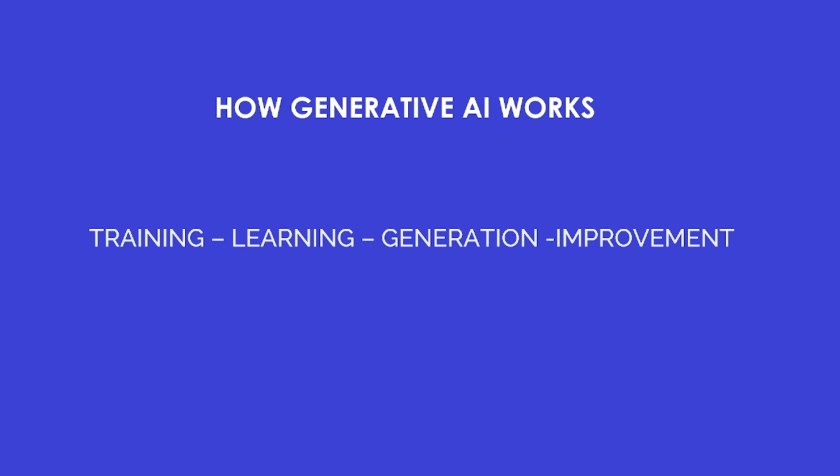Now, the third phase is the generation. After learning, the AI can create something new from scratch. Just from the data it has gotten, it recreates it. And the good thing about it is that these tools improve over time, because as it keeps learning, it improves, it improves, it improves. This is why with the AI videos they are creating now, you might still spot some of them and notice, okay, yeah, this is AI, but very soon it will be hard for you to spot that this video was done by AI, because they improve.